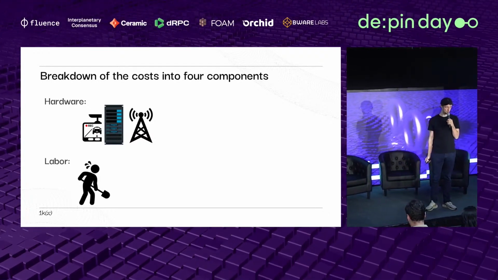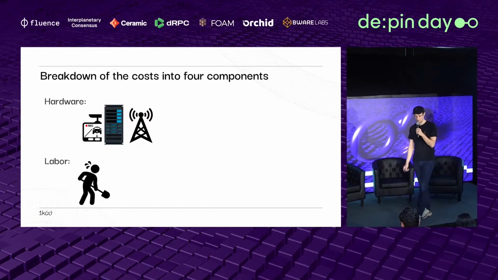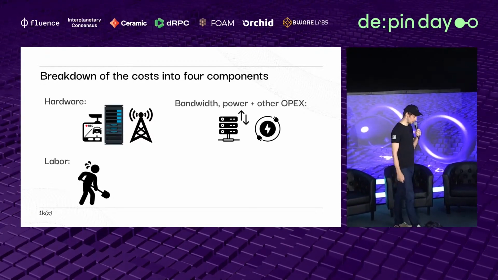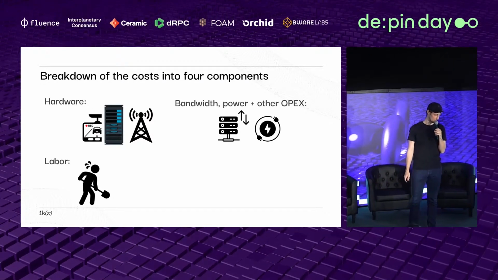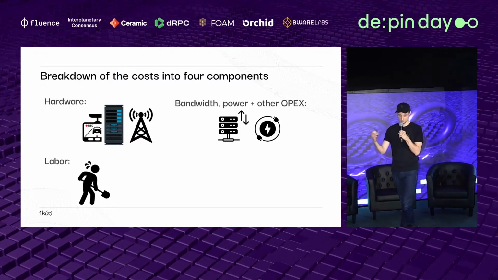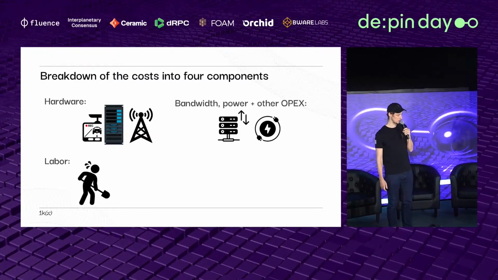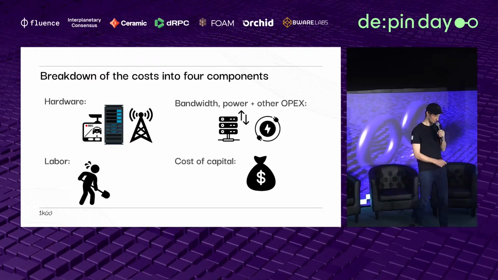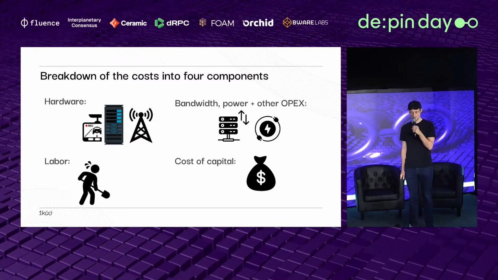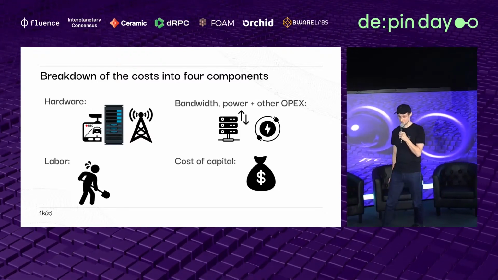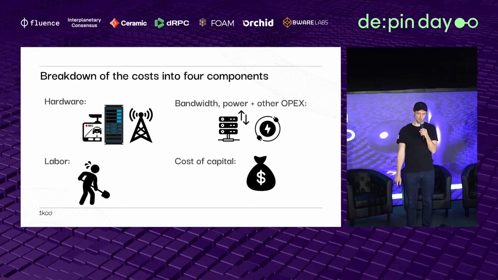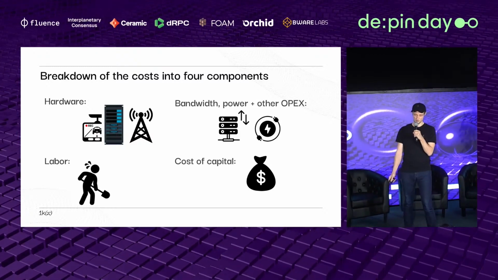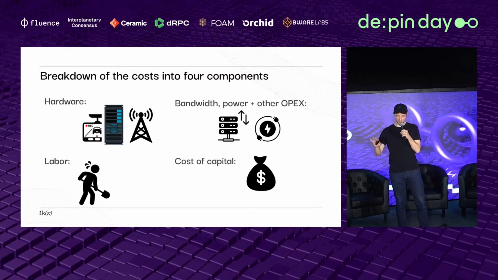right? Some DevOps person probably sits there, spins up Docker or whatever. So there's some time you need to invest. Then, besides the hardware, there's obviously also all sorts of other OpEx: bandwidth, data volume, transfers, power, and things like that. And last but not least, there's typically the question about cost of capital. This is a topic where we sat down and, okay, this gets into corporate finance textbooks, where then you would say, oh yeah, let's assess the weighted average cost of capital, the debt, and the finance. Like this type of stuff.